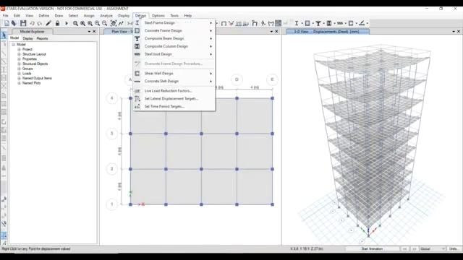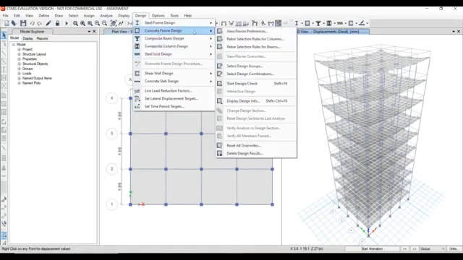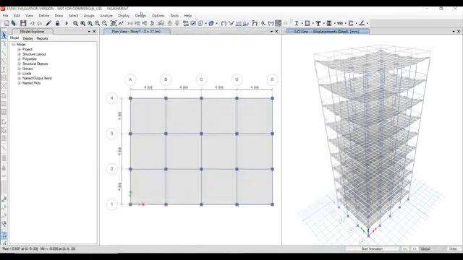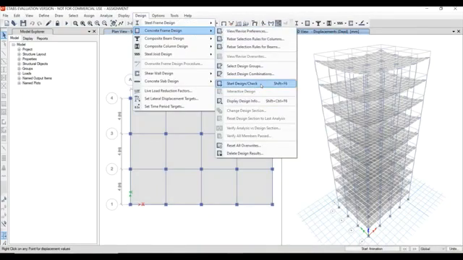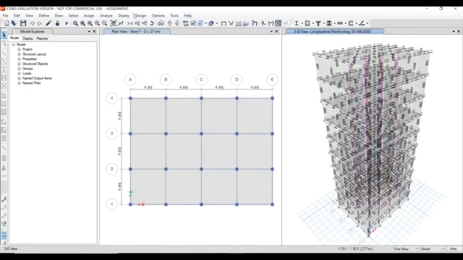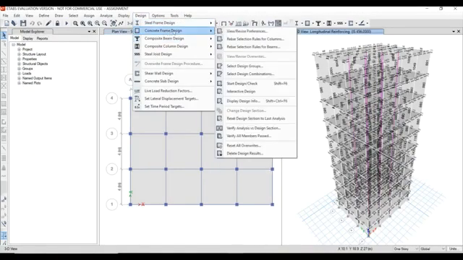Now we need to design this for the given seismic load. So go to design, concrete frame design, view the revised reference IS 456, click OK, and again design, concrete frame design, start design or check. Wait till the building gets designed, and we need to check whether every member is satisfied or not. Go to design, concrete frame design,